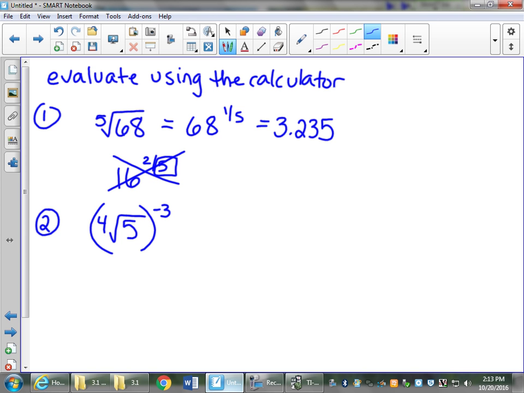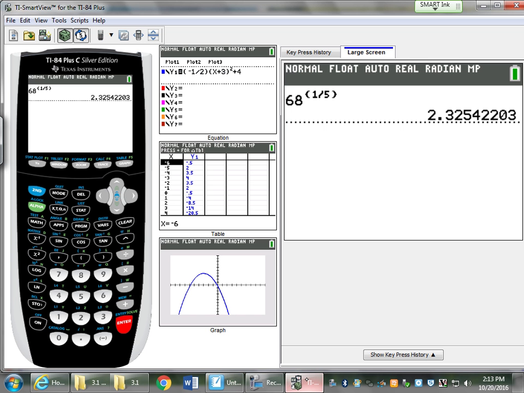So we're going to rewrite that in rational exponent notation to get 5 to the negative 3/4. That's what's going to go in our calculator. Even though it's a negative exponent, we're not going to work with the properties by moving it to the denominator. We're going to type it as we see it. So 5 raised to the parentheses, negative 3 divided by 4, close the parentheses, and we're going to get